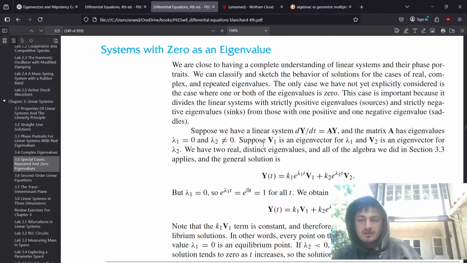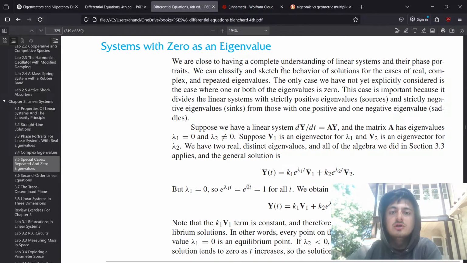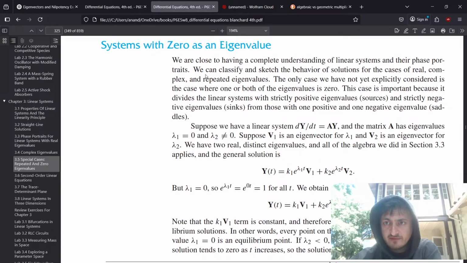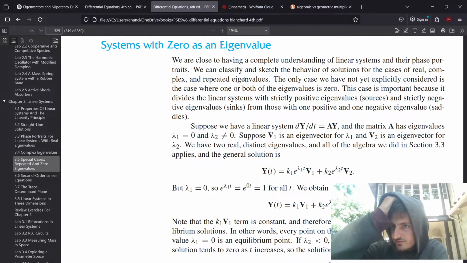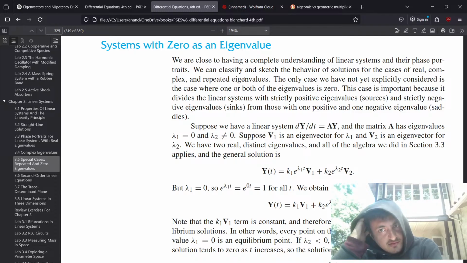All right, this one I actually probably do want more help on. Systems with 0 as an eigenvalue. We are close to having a complete understanding of linear systems and their phase portraits. We can classify and sketch the behavior of solutions for the cases of real, complex, and repeated eigenvalues. The only case which we have not explicitly considered is the case where one or both of the eigenvalues is 0. This case is important because it divides the linear systems with strictly positive eigenvalues, sources, and strictly negative eigenvalues, sinks,